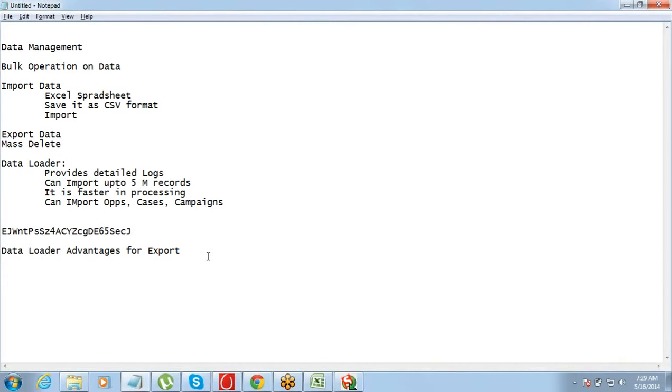We tried to do an export there, and I told you that there is a long process for export, right? You start the export, you wait for the email. After you receive the email, get a link, click on the link, go to the page, download URL, download the file. A long process. But if you work through data loader, it will give you instant download. Right? So using data loader, you can instantly download the export file.